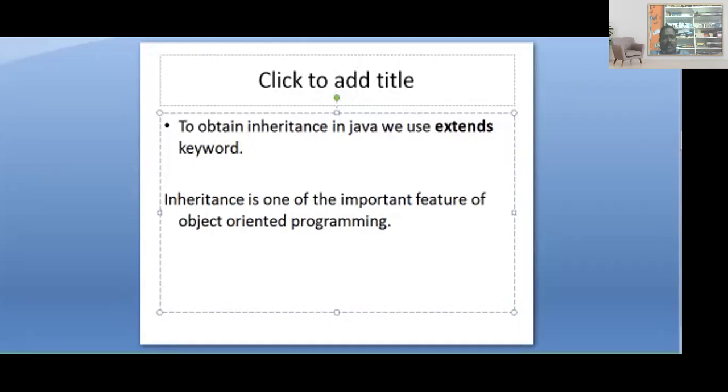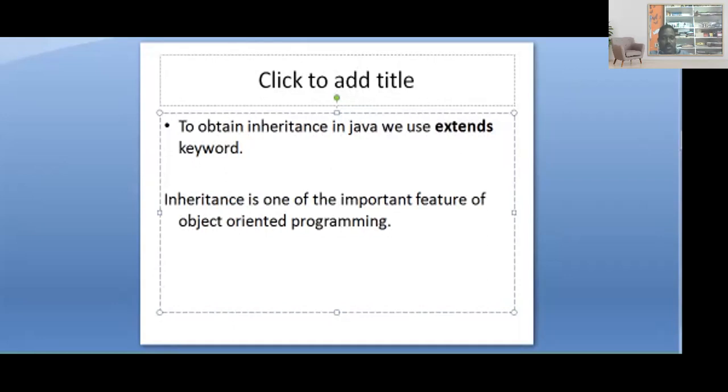Take one example. Suppose we have one child. So what is the child here? A subclass. And we have the parent class, nothing but the base class. We know that sometimes the parent's properties or behaviors can be acquired by the child also, and the child has its own properties. This is the simple idea of inheritance. I think this is clear to you.